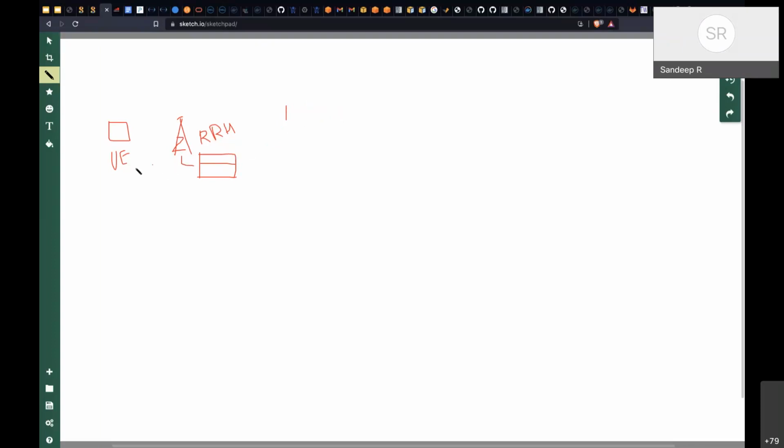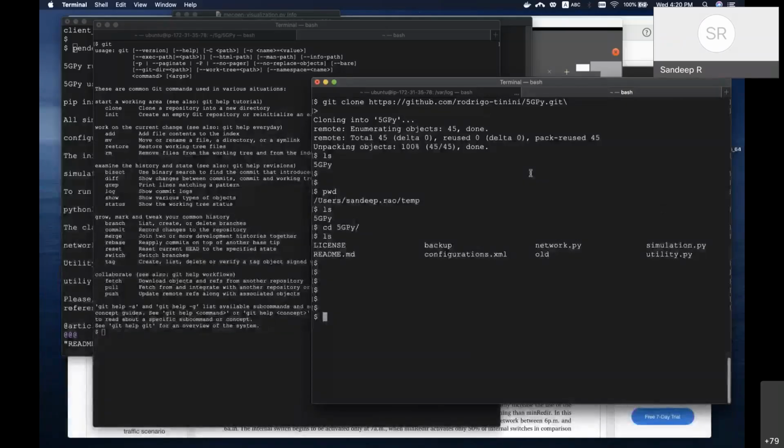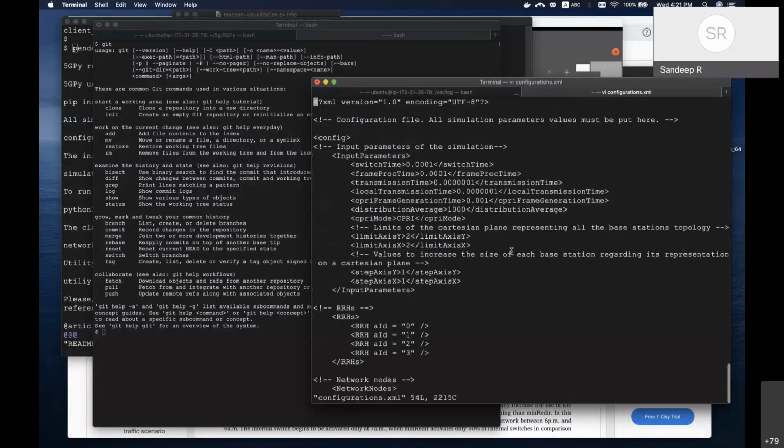So what they have done is they have tried to create something like this. Let me first show you their file code so that you'll understand it better. The code is something like this. The very first thing you have to notice in this code is the configuration file, configuration.xml. XML is of course one of the modeling languages to represent a data type. I would have preferred JSON instead of XML, but since it is XML, we'll take whatever is there.